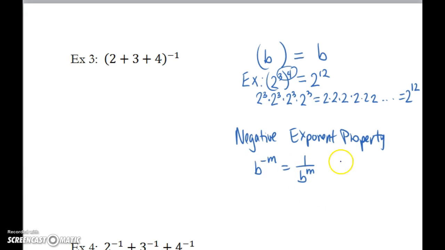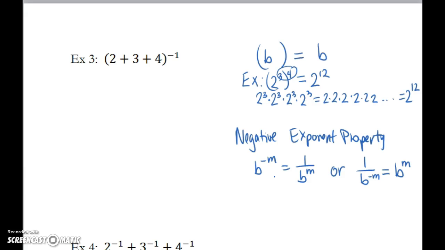The exponent becomes positive. Or let's say you have 1 over b to the negative m. This time your negative exponent's in the denominator. This negative exponent property says, okay, we're flipping it, we're moving back up to the top, the exponent becomes positive. So essentially the negative exponent moves your base to the other side of a fraction and it makes your exponent